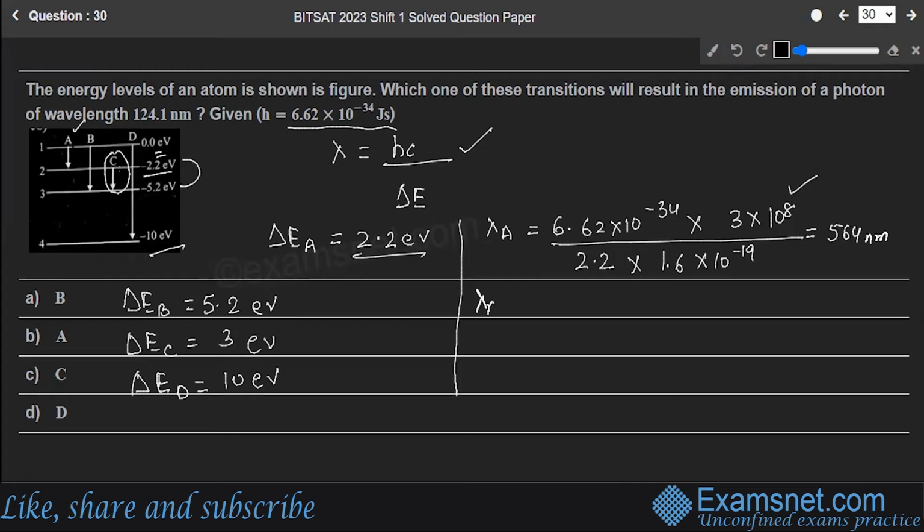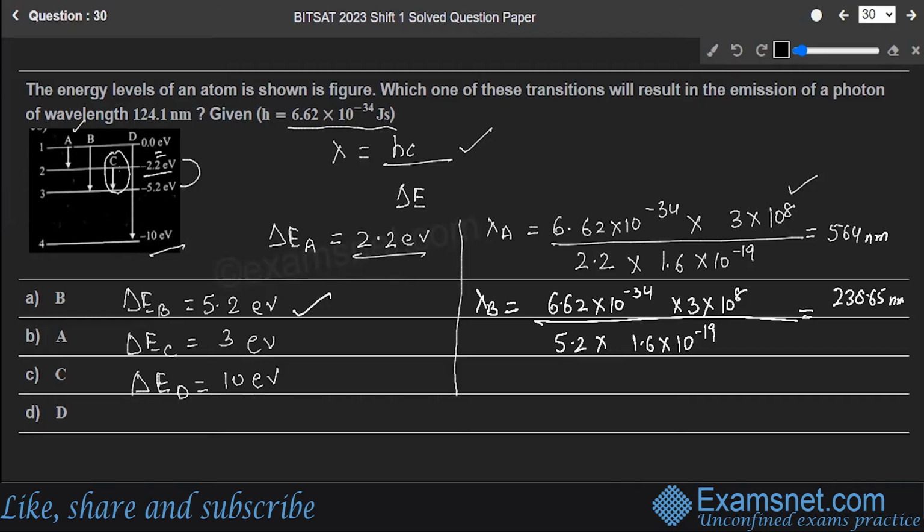And let's calculate the wavelength for the B. This will be the same, 6.62 into 10 power minus 34 into C's 3 into 10 power 8 divided by 5.2 into the charge on one electron. This is gonna give you 238.65 nanometers. Similarly, the C wavelength, this is 6.62 into 10 power minus 34 into 3 into 10 power 8 divided by 3 into 1.6 into 10 raised to power minus 19. That's gonna give you